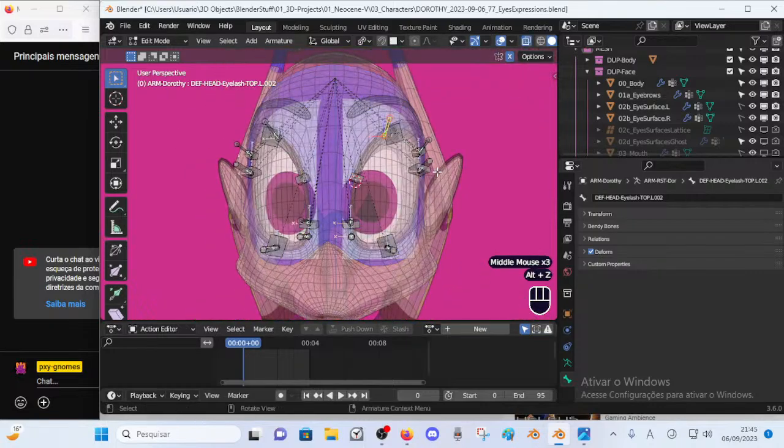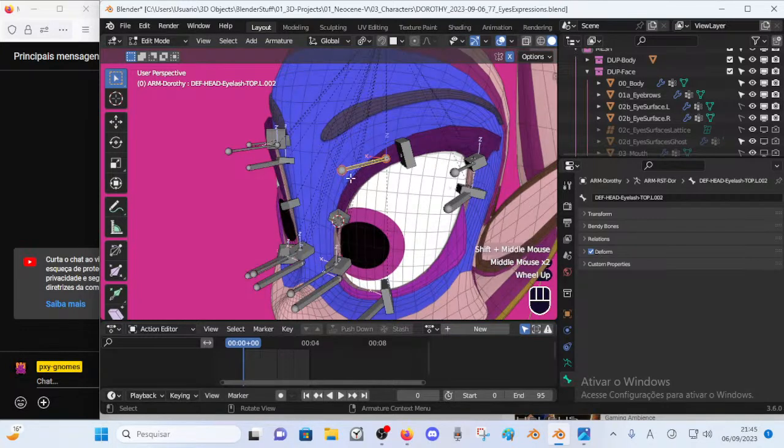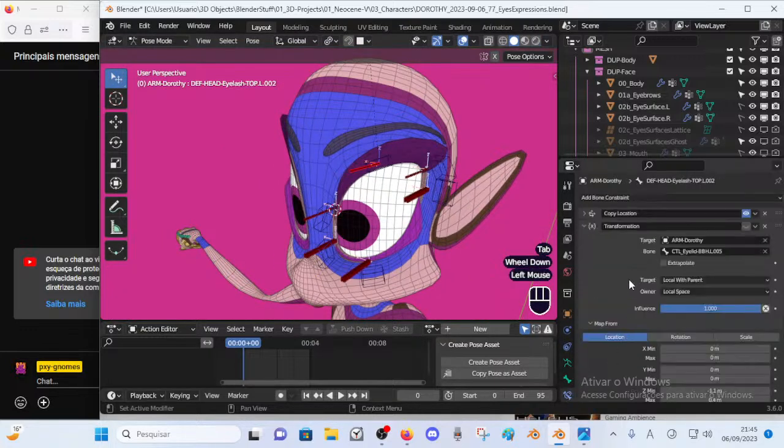Alright, so this facilitates the fact that the local space for them is very easy to solve on the transformation bone constraint.